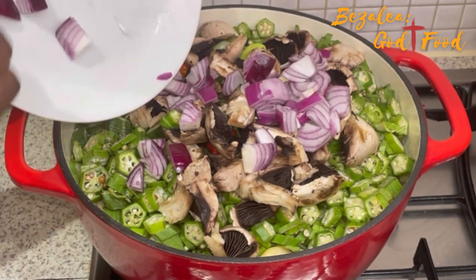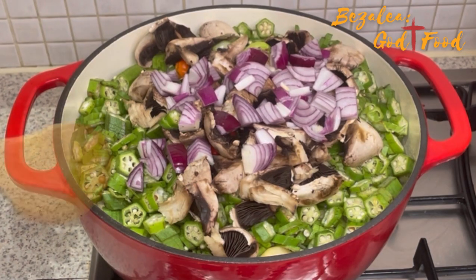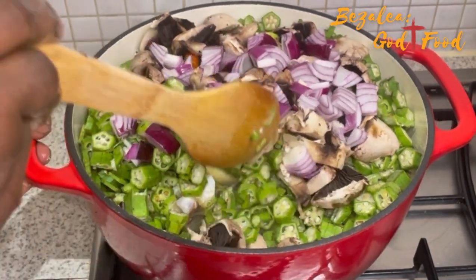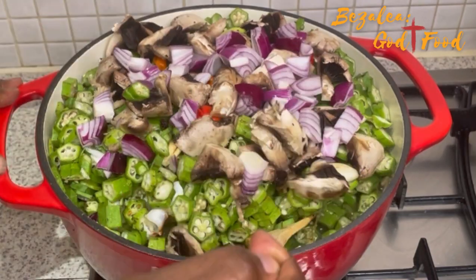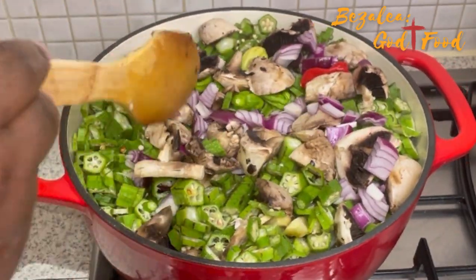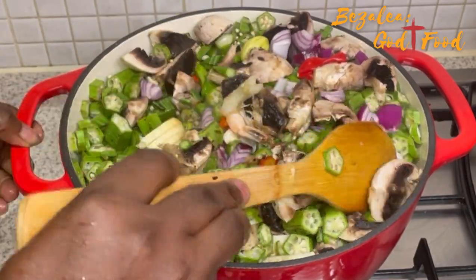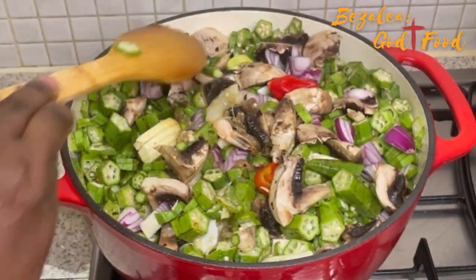I'm adding some chopped red onions as well, to give it a bit of color. So as you saw earlier, I put some garden eggs in it, and I sliced it. I always like garden eggs, I like to eat garden eggs, so I slice it so that it will be